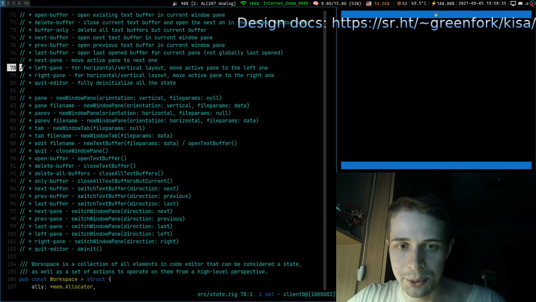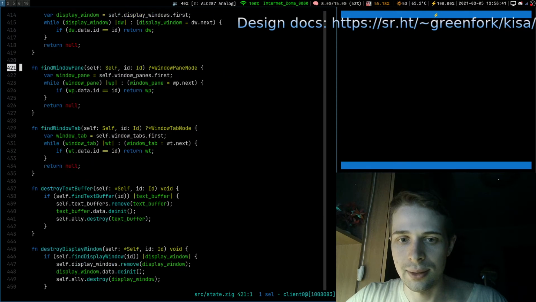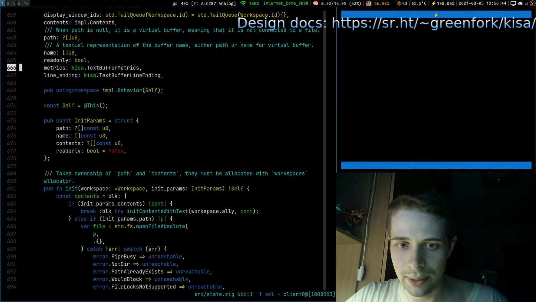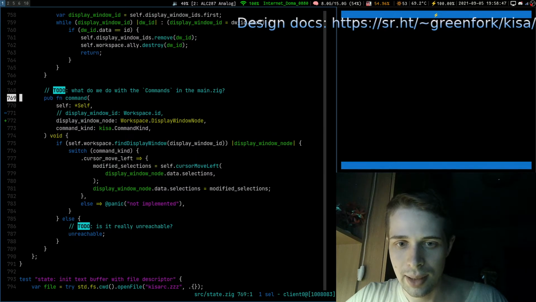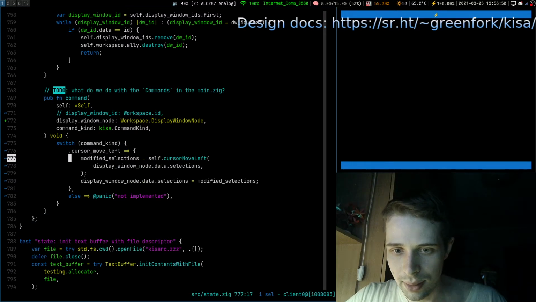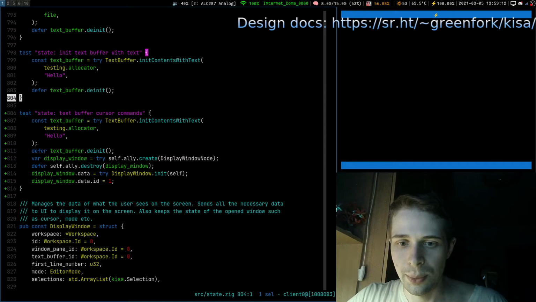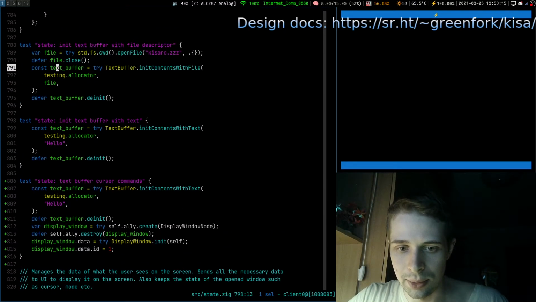I believe we don't have to put it in the workspace just yet, but at the same time, since we don't currently use this interface for anything, we can just make it like so. Have it commented, and here we go, display window node. We just delete several lines of code, and we already have our display window node. Okay, I think that will do for us. So what we need to do is just pass it the display window node. Okay, let's go.